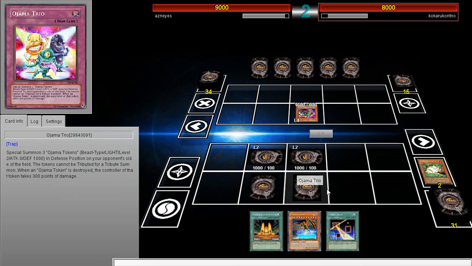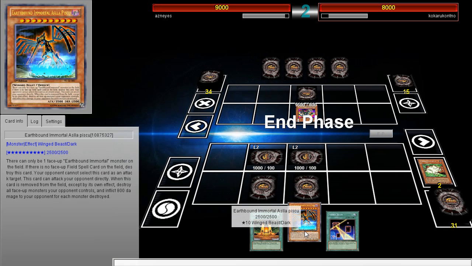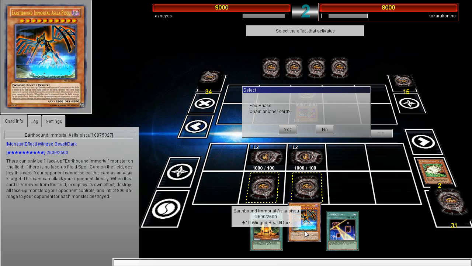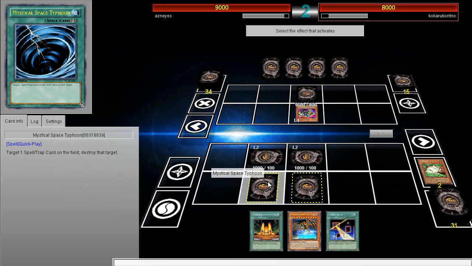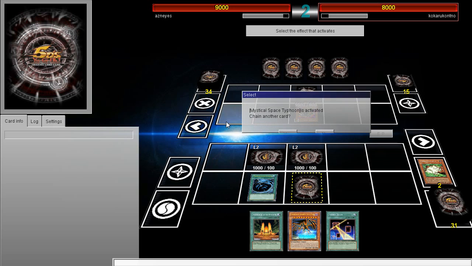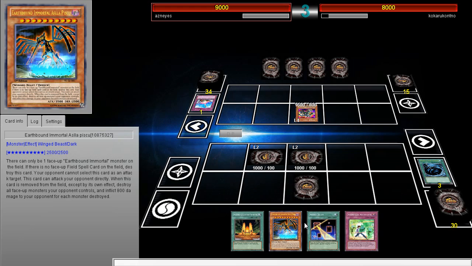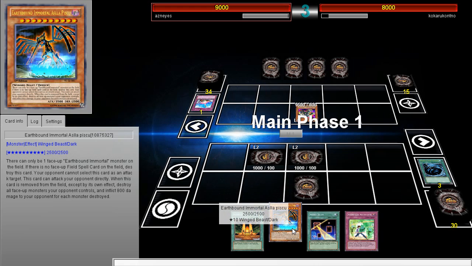I'll probably set at least one back row, minimum one back row, and so yes, I'm going to use Space Typhoon, and we're going to hit one of them. So we might not be able to pull off the OTK, but we can still do some pretty nasty stuff. Alright, so I'm just going to make sure that there's no... I mean, we could technically just play...